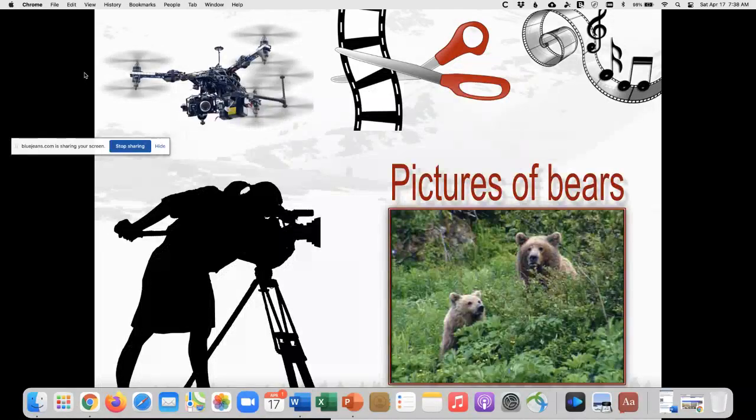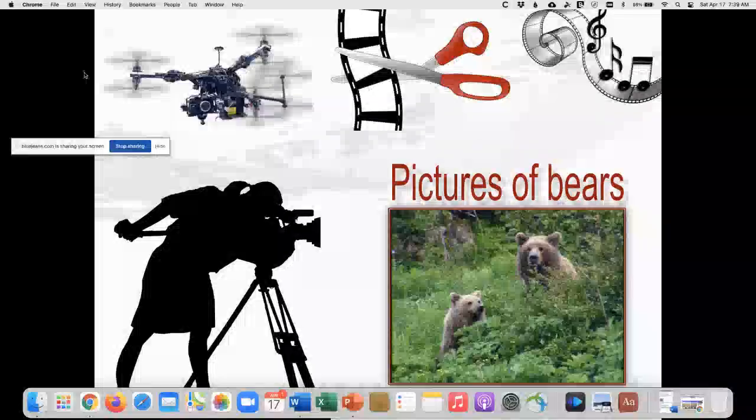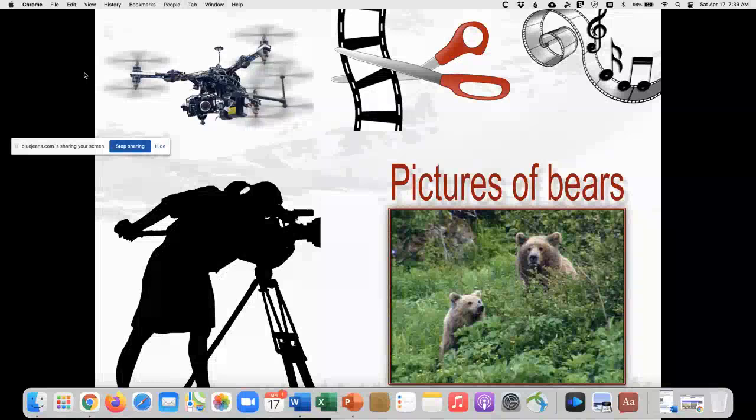And this is what critical media literacy is trying to do: go back into this and say, wait a second, we need to be talking about the medium as well as the content, because the medium does shape and influence the content. So if we just think about this short little video of bears, if we're only talking about bears, we can't ask questions like, well, who filmed the bears? How did they film the bears? What are they not showing us about the bears? How is the music positioning us to feel a certain way about the bears, right? All of these questions can add to and deepen our understanding of that content about the bears.